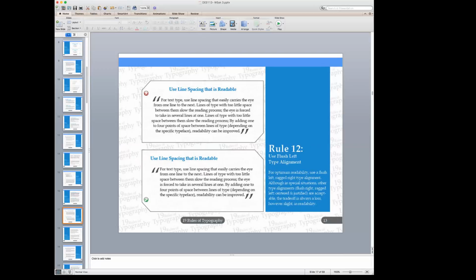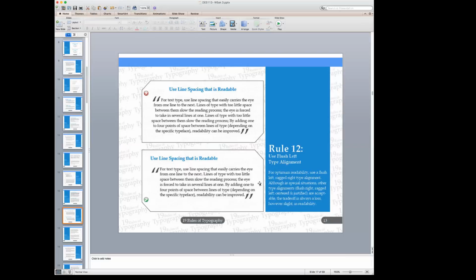So what does that mean? Well, if you can see in this example here on the bottom, if I were to have a ruler go vertically down from this block of text, it would line up perfectly, right? But on the right-hand side, it is ragged, meaning it's not a perfect alignment. But that's okay because we read from left to right. So as long as everything is lined up on the left side, it doesn't really matter how it ends on the right. So we want a flush left, ragged right type of alignment, especially when you're laying out your article that you wrote.